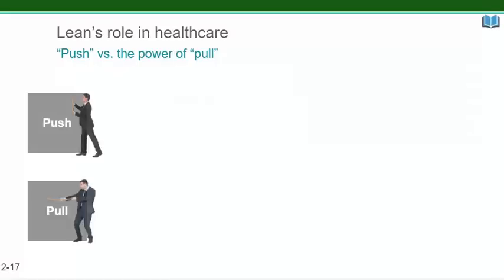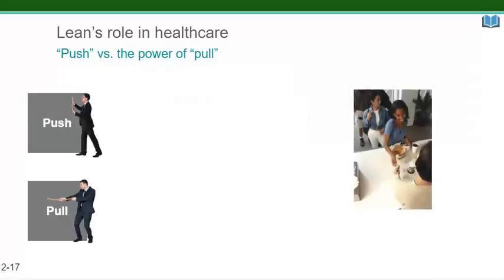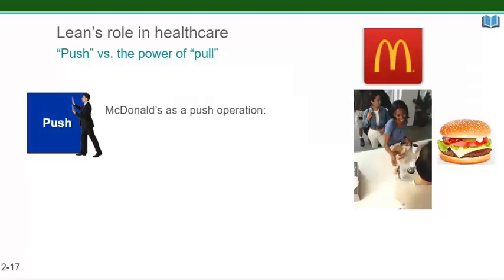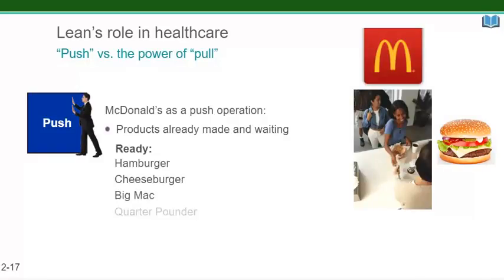Now let's talk about push and pull. It's easiest to see push and pull at work in fast food chains. McDonald's started out as a classic push operation. When you walked in the door, McDonald's already had hamburgers, cheeseburgers, Big Macs, and Quarter Pounders made and waiting. So when you placed your order, voila, it was ready. Well, that is, as long as you ordered a hamburger, cheeseburger, Big Mac, or Quarter Pounder, and as long as